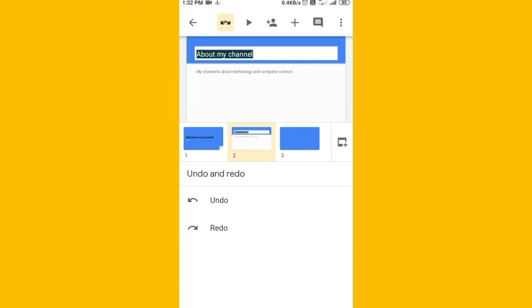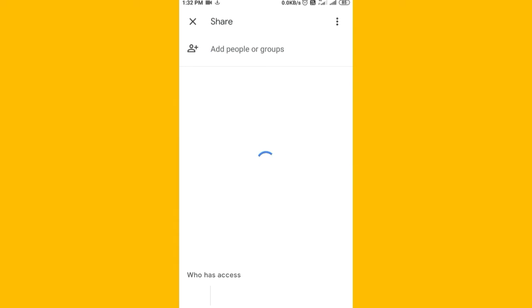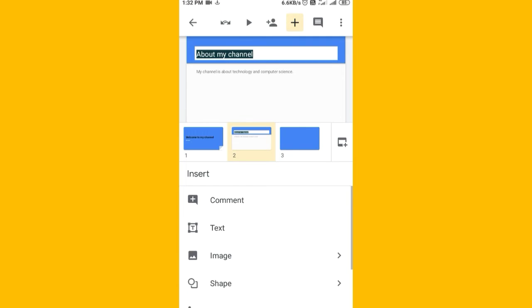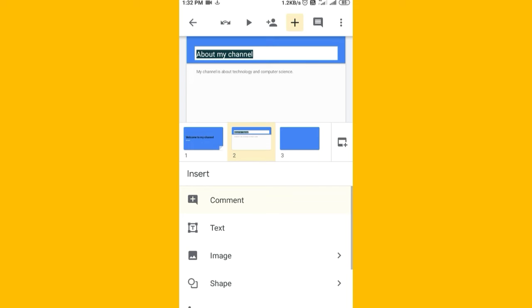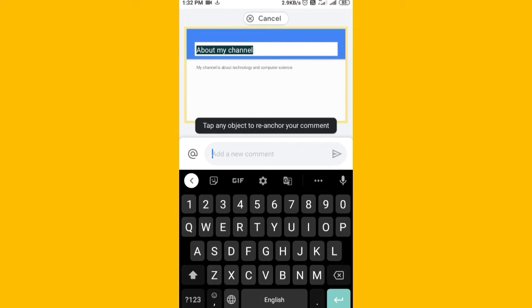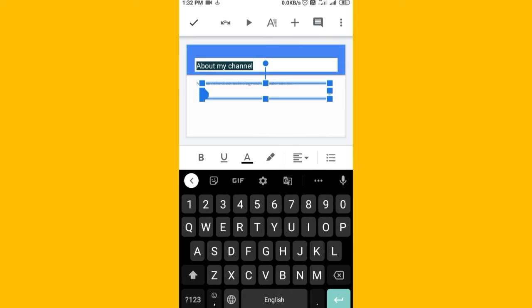The options that you have seen in the bottom, now we see the options in the upper side. Here there is undo and redo, which you know. There is presentation. I'll show you after some time. If you want to add some collaborators by sharing it, so who can access this, public or if you want private. Second is if you click at the plus sign, here you will get a number of features over there like plus, like this is used to comment. In Google Docs we have seen this, that plus is used to add some comments. Here in the slides as well, comment is used to add comments. And the text here, the text area gets converted.